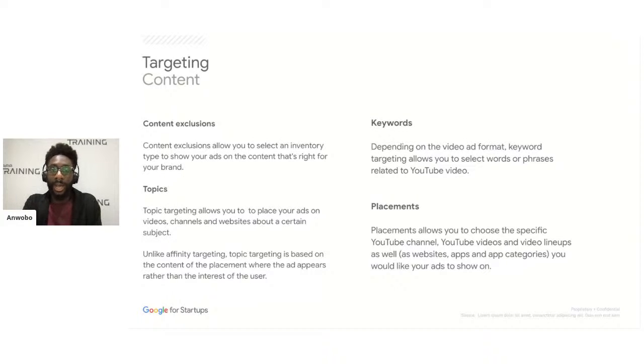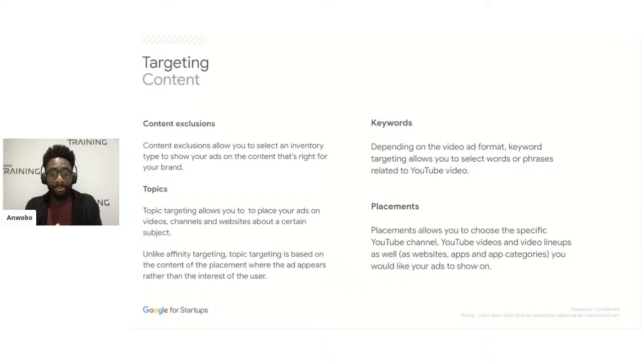Now, we can show our ads on expanded, which means pretty much all of the videos that are available for advertising, we are eligible to show our ads on if our users land on them. For standard, we'll get rid of some things. Maybe if there's a lot of profanity, a lot of violence or sexual content, we won't be able to show our ads on them.